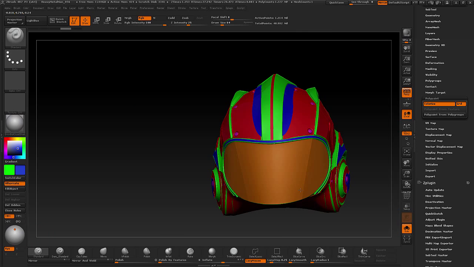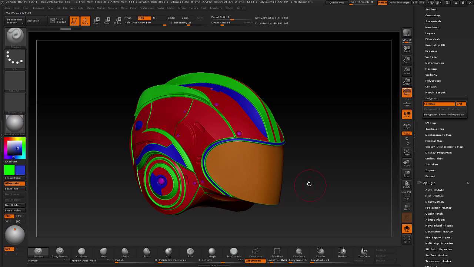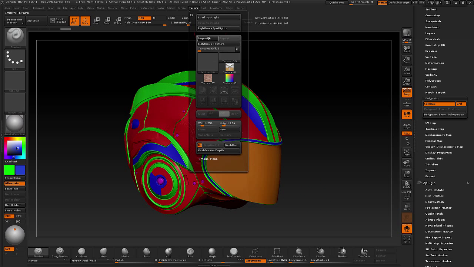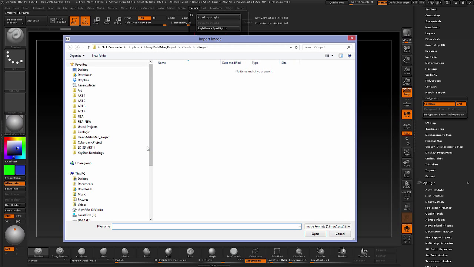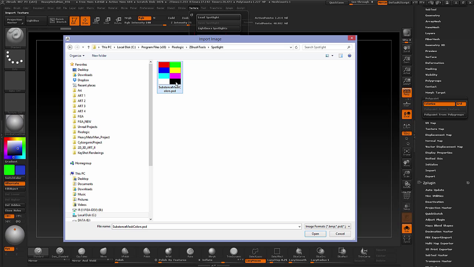So knowing that, I built a map for myself where I could pick colors from this. So if I go to the texture area, and I'm going to go ahead and import in a texture, and I have an area for all my different ZBrush tools and stuff like that. And then under Spotlight, I made this texture map inside of Photoshop. And you can see it's got the primary red, green, blue, the yellow. I was trying to match those colors that you saw inside of Substance Designer,